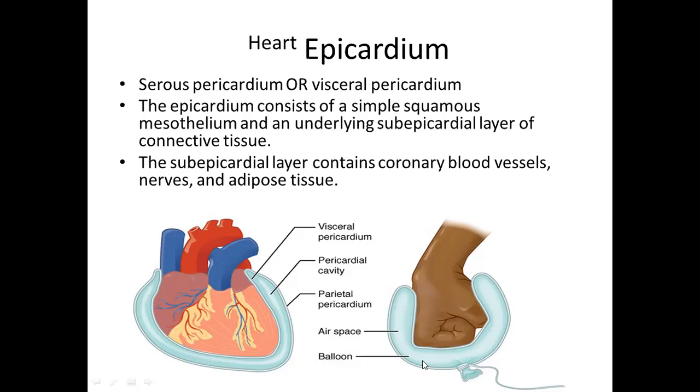Pericardium. Just look at this very clear demonstration, a schematic diagram, of the pericardial sac around the heart. Just look at these two layers of this balloon, one which is adjacent to the fist of that individual, and then we have a gap between them, an air space, and then we have the outer layer of this balloon. Similarly, the pericardium, which is covering the heart, the atria and ventricles, and present till the roots of the emerging blood vessels from the heart, this sac consists of two layers.